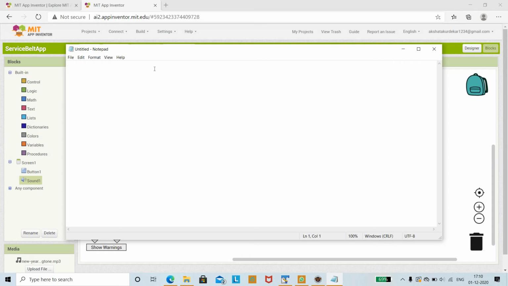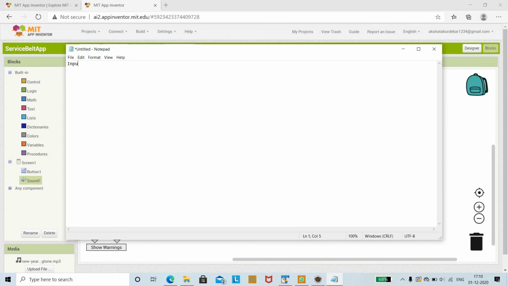Pseudocode means a set of instructions that are used to perform actions. It is not necessary to write pseudocode while you are building any app. It is just for understanding, so that if you write pseudocode, it will be easy to design the blocks. If you are designing a bigger app and go for directly building it, sometimes it will be a problem. Instead, if you consider the pseudocode, based on it you can directly design the blocks.